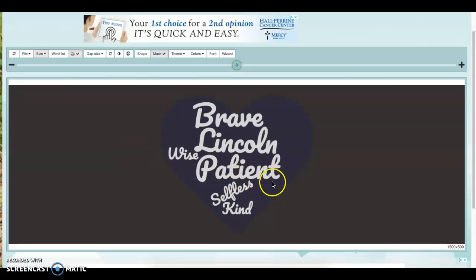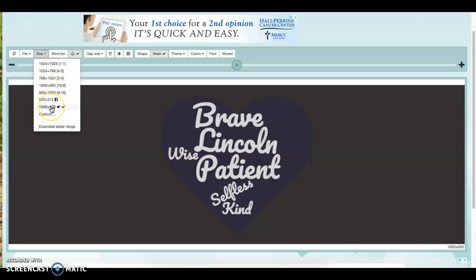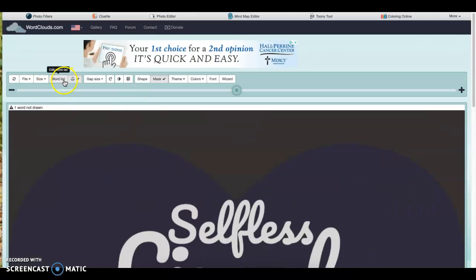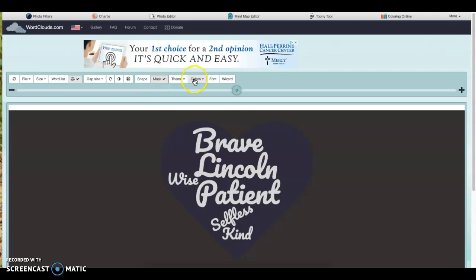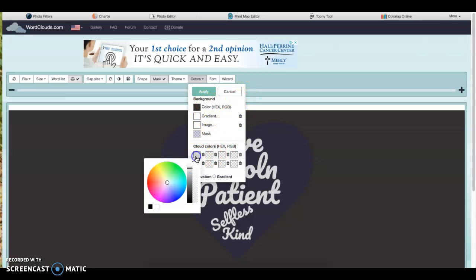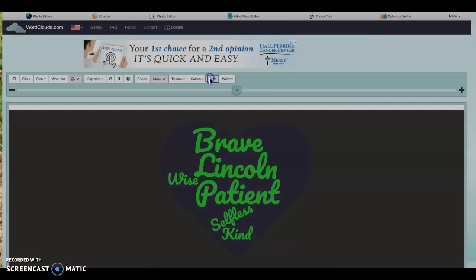So I found out if you make this picture a little bit smaller, if you change the size, you'll be able to see most of your words. I don't know why when you make it bigger like this, it doesn't show all of the words. So I would make it a little bit smaller so it does show all of your words. You can also change the colors of like your background and your words. I think these actually change the color of the words if I remember right. Yeah, so you can change the color of the words, you can change the font of the words